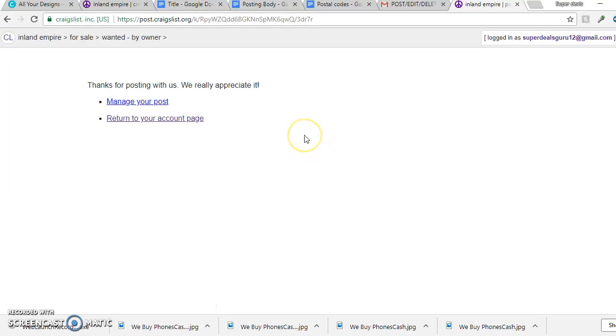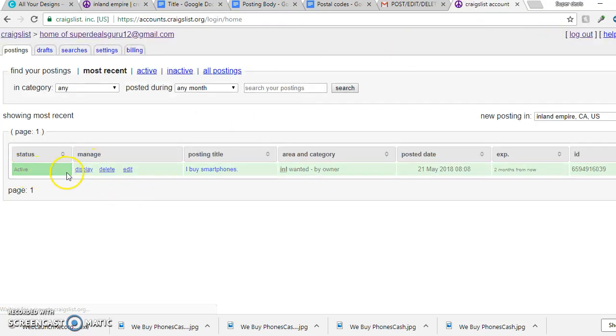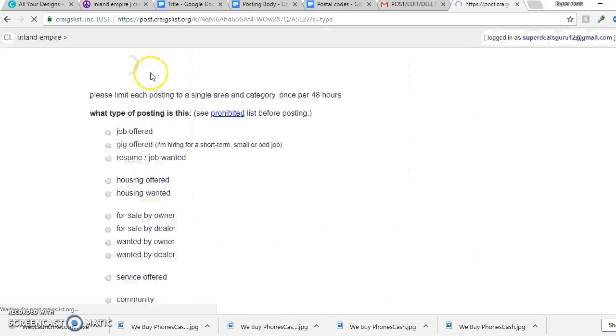And then you should be done by this point. So yeah, this is it. This is how you know you completed the ad. And the next way to check is to click here on the email, and then you'll see your ad displayed right here. So then all you have to do is just go back to Craigslist, post,